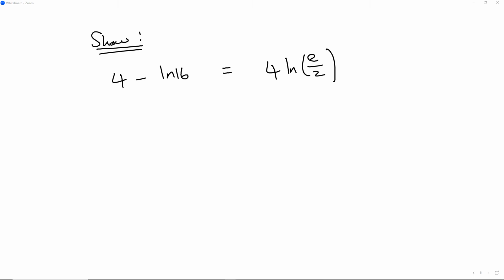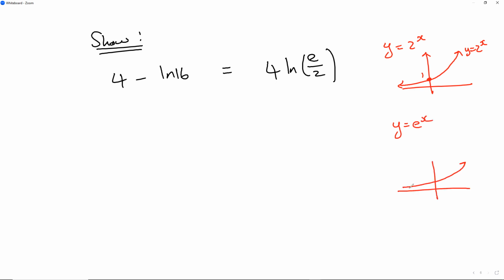The foundation of the natural logarithm is built on the concept where we have, for example, y equals 2 to the power of x. This would be an exponential function that goes up like that, going through the number 1. Now, the natural logarithm is a very special number e, where if we have y equals e to the power of x, it looks exactly the same. The only difference is e is this very special number, and that number is like pi. So it has a specific value, which is a constant,